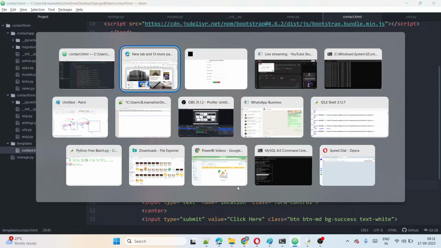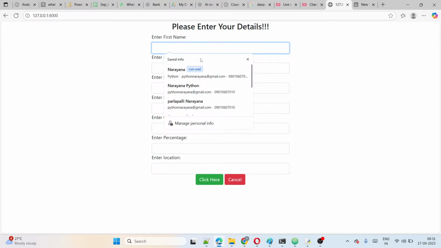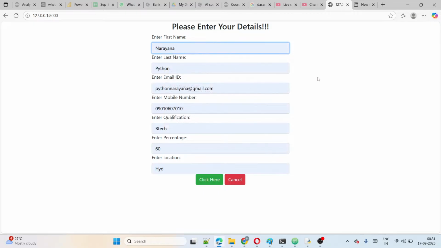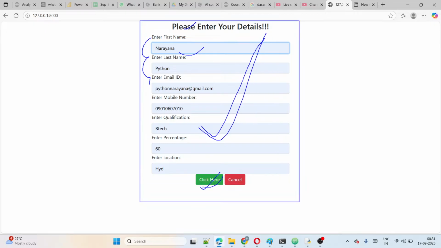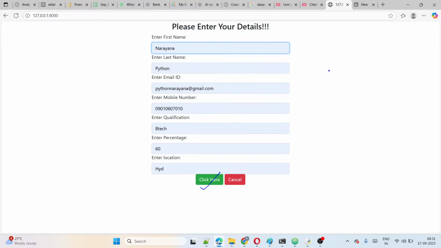Now what happens here? Whatever data I am giving here, suppose these are all the details, guys, I am giving all the details. Now click the submit button. Then what happens here? See, the form is displaying here because of which one? The HTML file, right? The form is displaying with the block text, the labels, the input boxes, and the buttons. This is all displaying because of the HTML file, right? That's why, in the HTML file, in every input box, like the first name input, guys,